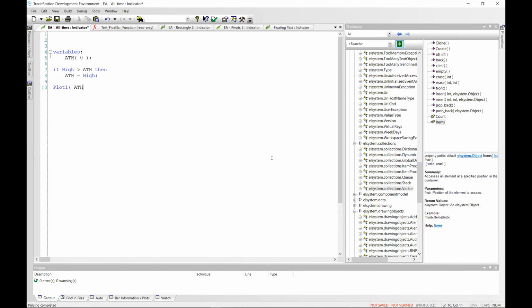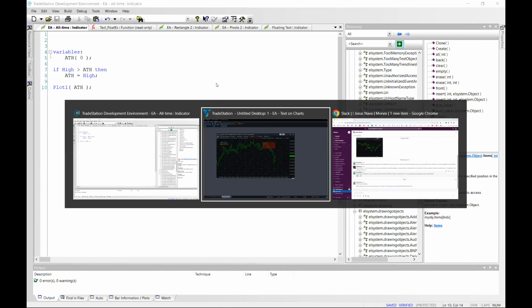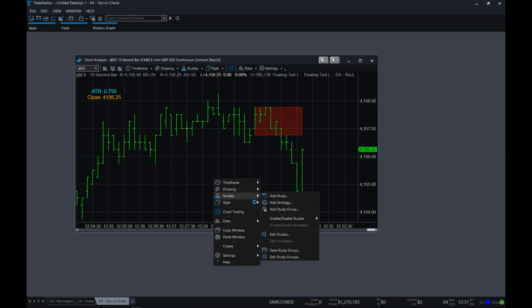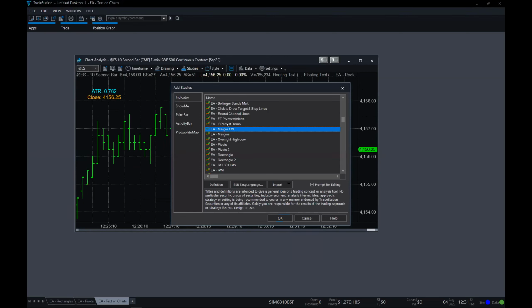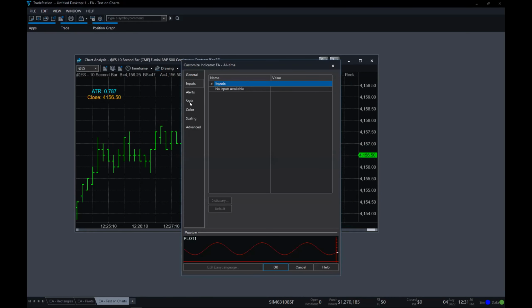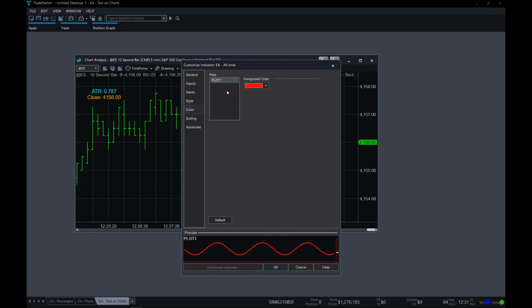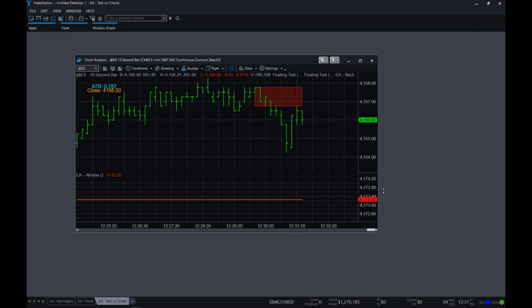it can only go up, right? Let's just put that on the chart so I can show you. Maybe we'll make this kind of thick, red is fine.